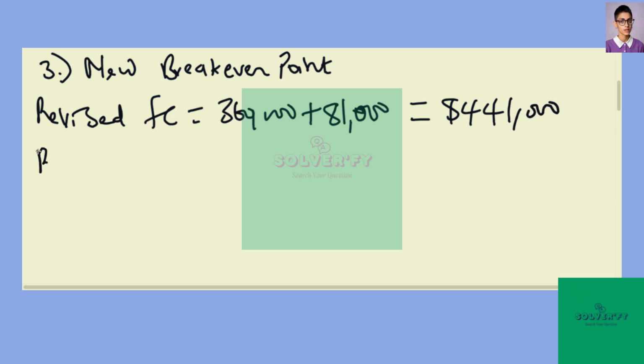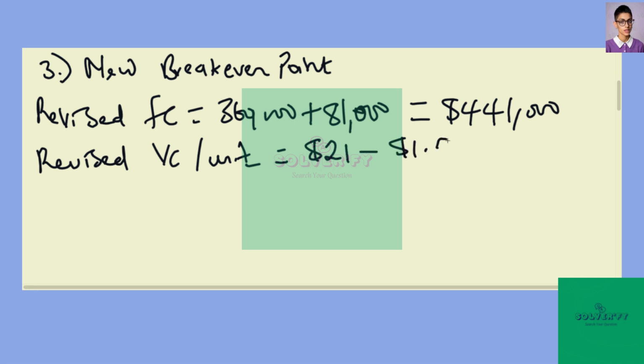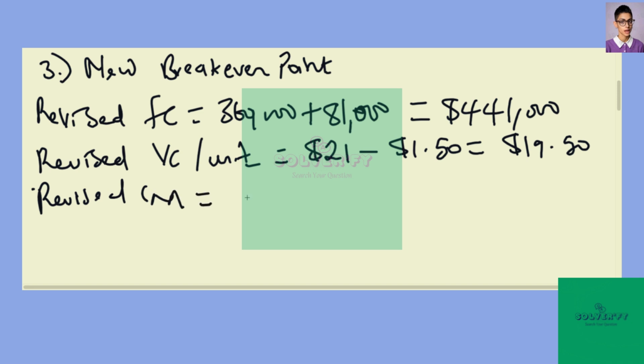And then the revised variable cost per unit will be $21, which it was before, minus 1.50, and this gives you $19.50. Now the revised contribution margin will be equal to $30 that it was, minus 19.50, right, from here, and then this will give you